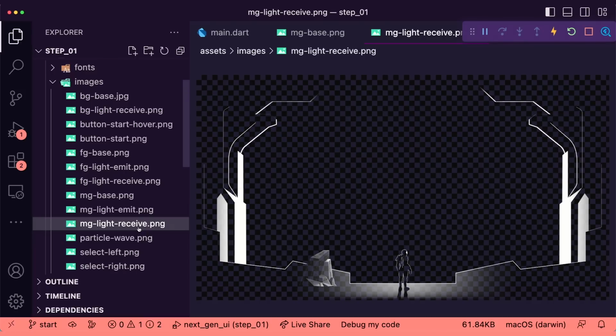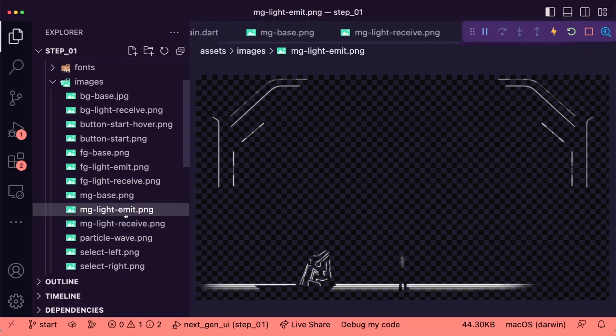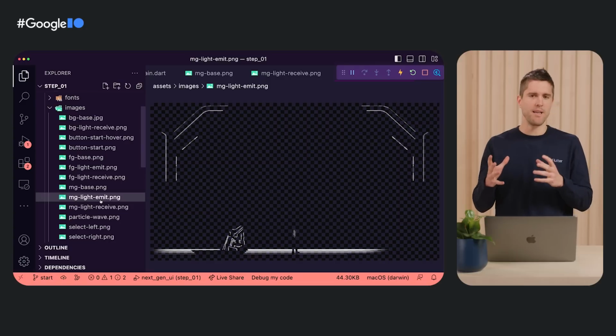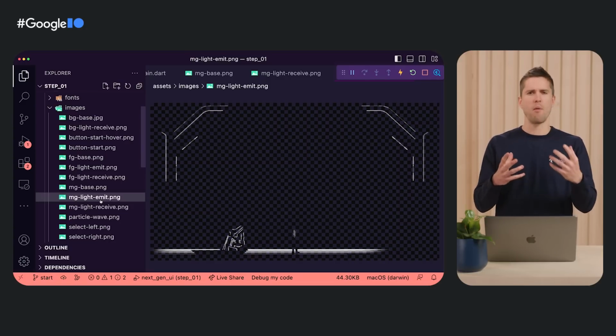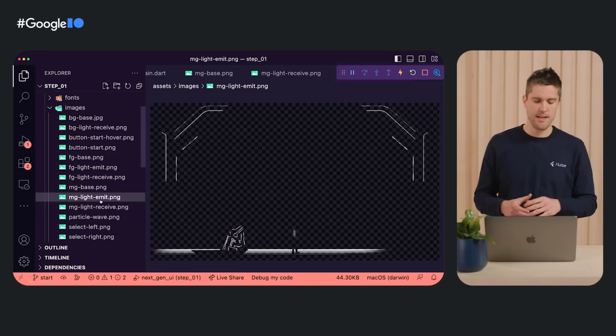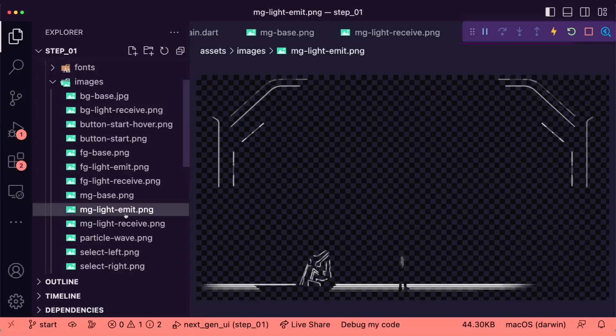This has light surfaces everywhere, and we'll later use a neat color filter trick and a nice blend mode to recolor this image and apply a new shade to the whole scene. And then lastly, there's the emit flavor of image. And these draw lines that cut through the ore and kind of walls of this scene that we're in. And these emit images are going to create the effect of some other material in the room. Maybe it's getting charged up by the orb in the sky, but it's going to emit its own light